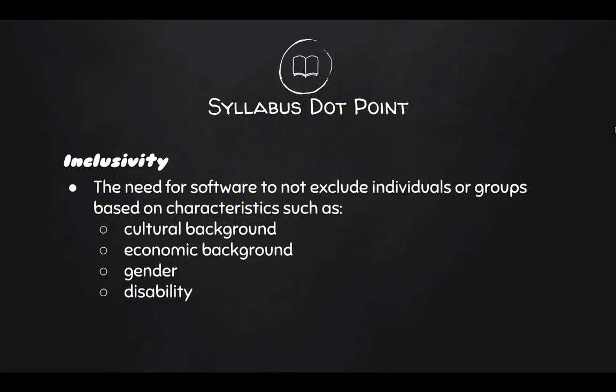So this dot point is looking again at the social and ethical issues of the social context of design. Last dot point, we had a look at ergonomics, how to make an ergonomic piece of software, particularly in relation to your user interface. This dot point is looking at inclusivity. So yes, my UI might be ergonomic, but also I have to make sure it is inclusive for anyone who